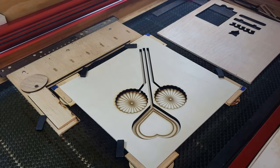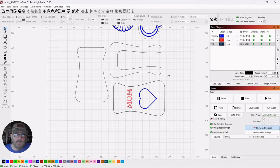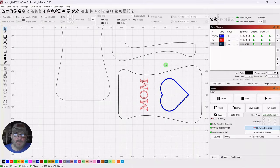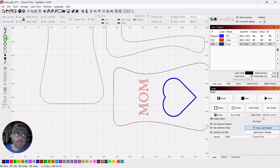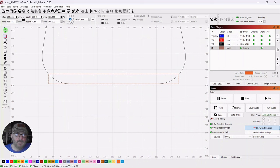Okay, well, we're going to jump back into Lightburn and make a base for this. So now that we have the flowers and the vase cut, we can make a base for it. But we needed to get those cut so we would know how large the base needed to be. So to determine that, we're just going to grab a square, draw out a rectangle on the bottom, turn that into a tool, and we're using 5mm plywood, so we're going to make this height